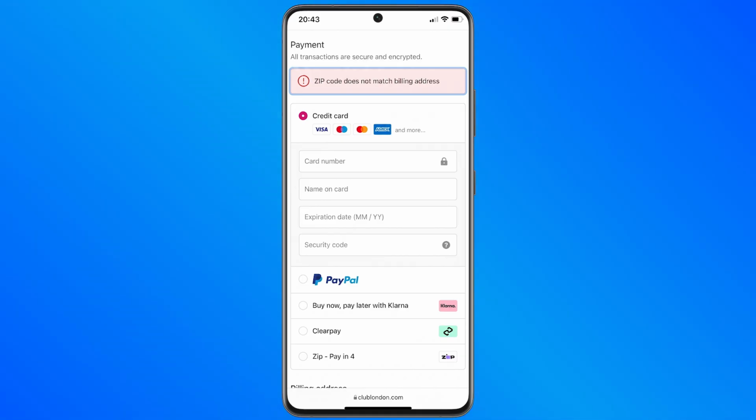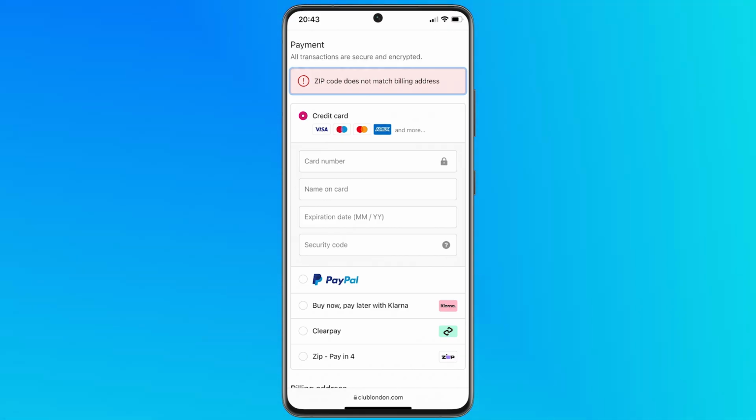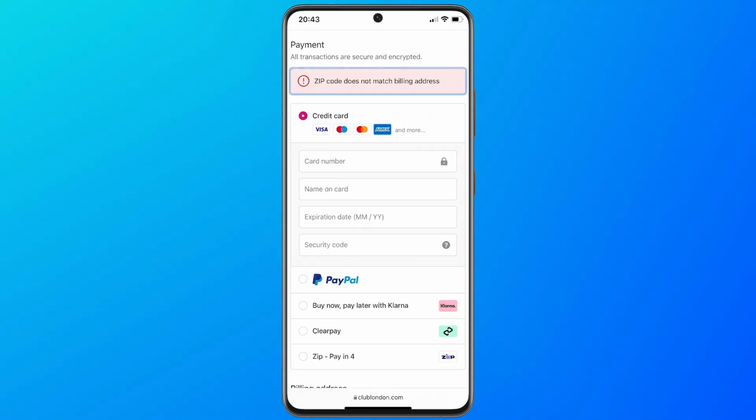If the issue still does not resolve, uninstall the Walmart app completely and then reinstall it from the App Store